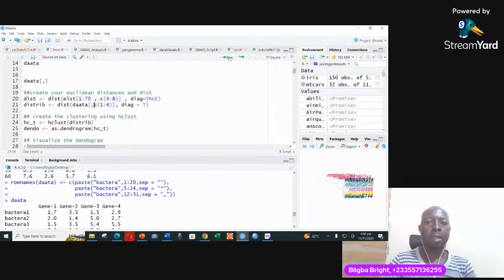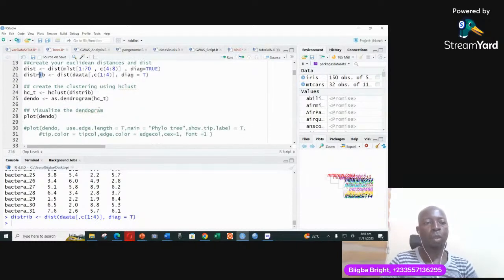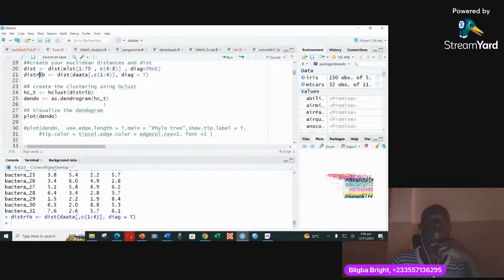So when I do all that, I pack the data into this variable called distribution, which is okay. Now, the next thing to do is to build